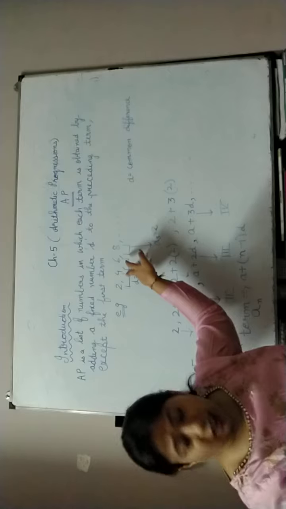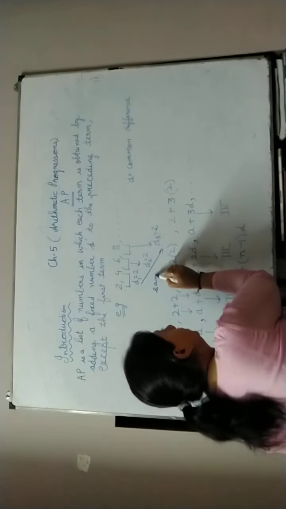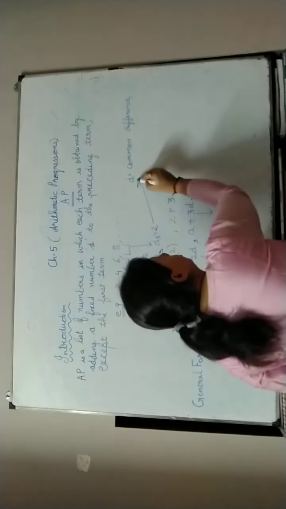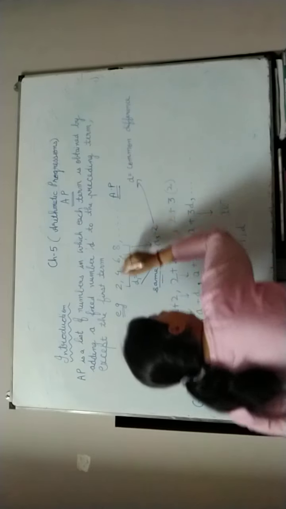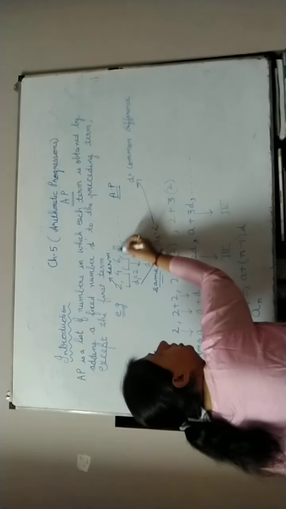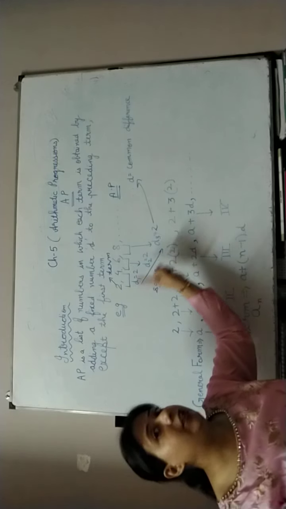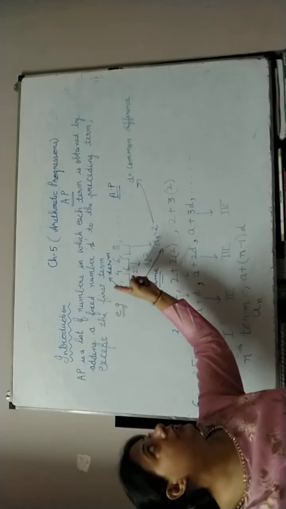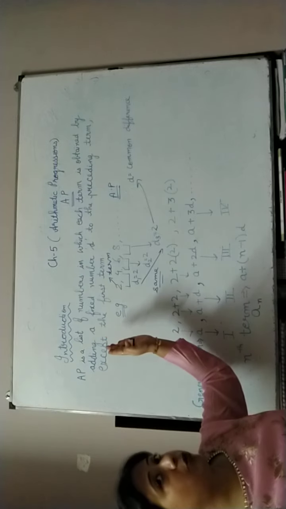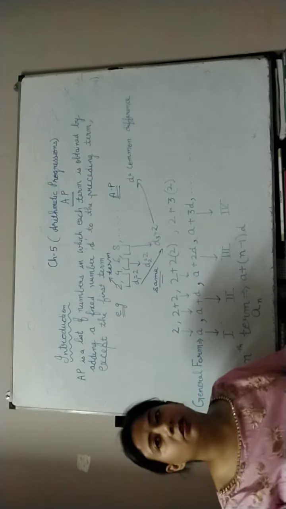If the differences are not the same, then the series is not AP. Okay, see, the differences are all the same, so that is known as the common difference. This series is known as an AP series, and each number is a term: first term, second term, third term, fourth term and so on. If D1 is not equal to D2, then the series is not AP. The results which we are going to study in this chapter are only applicable when the series is AP. Otherwise, the results do not hold.